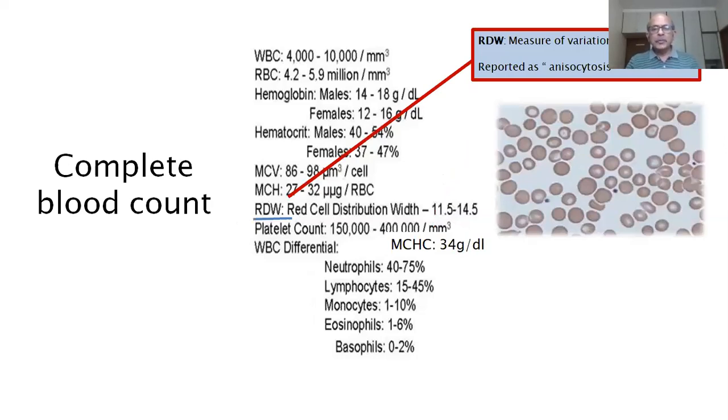What is red cell distribution width? Concentrate on the term for a moment. Red cell distribution width refers to the distribution of RBCs of various sizes. Anisocytosis means RBCs of various sizes. So red cell distribution width is nothing but a parameter of anisocytosis. Anisocytosis refers to size. Poikilocytosis refers to shape. When we say anisopoikilocytosis, we mean cells of various sizes and various shapes. RDW is a measure of anisocytosis.